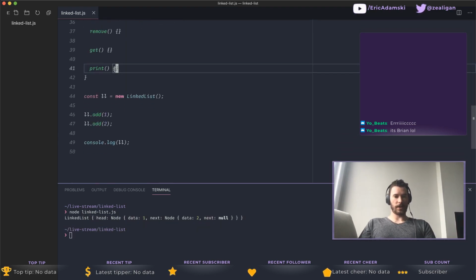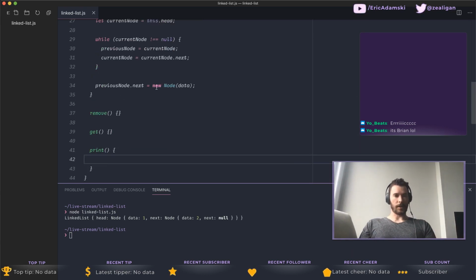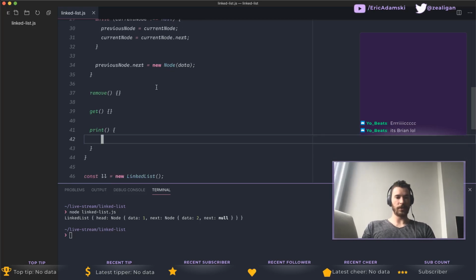And this is where we start to see that looping through, passing nodes back and forth happens a lot. It gets a bit tedious. So we still need to do the same thing, right? All we have in terms of the linked list information is the head node, which means that we have to